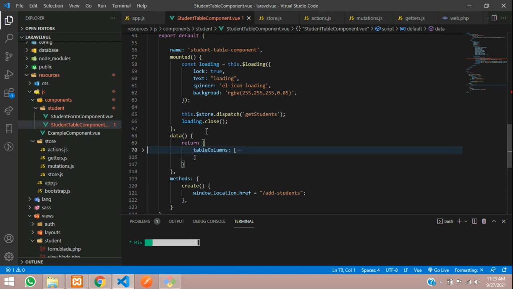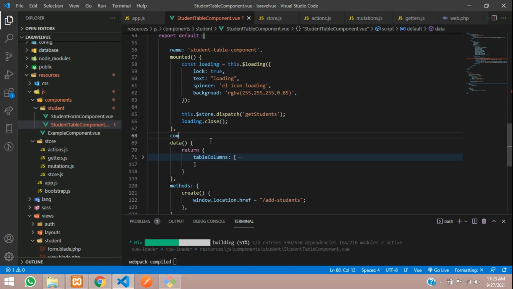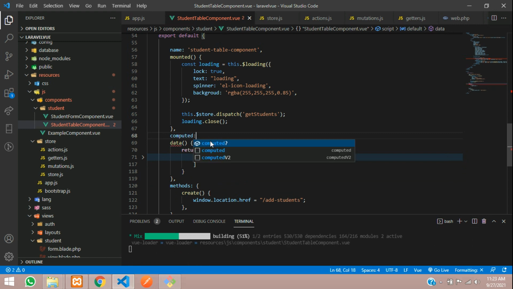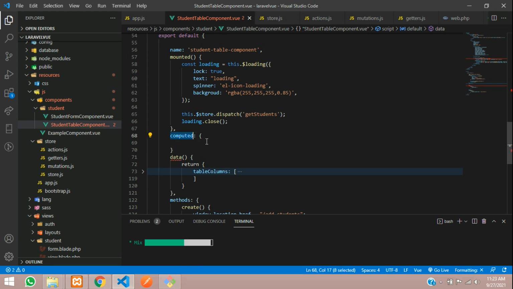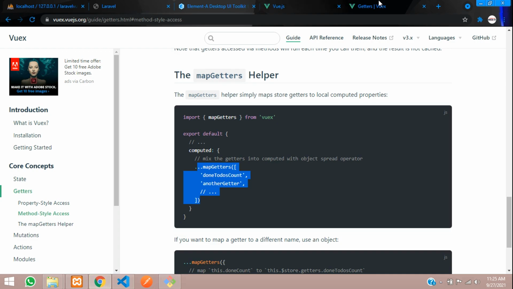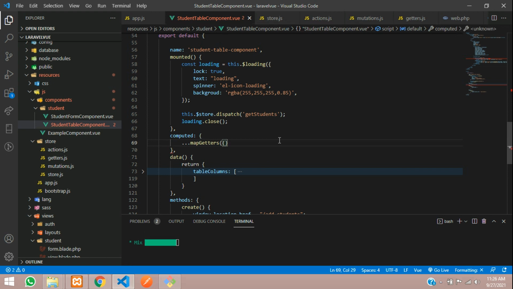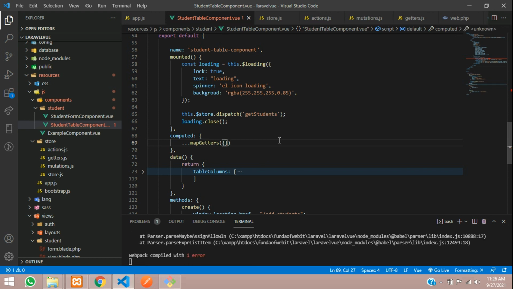Now here we have to create one component, that is computed colon, open and close. It's not computer, guys, it's computed, and just give a comma, where you're going to use the mapGetters. So you can just go to your Vuex website. You can find getters, and here is the mapGetters helper. You can copy this function name. So let's copy that and paste, then open and close curly braces, close the bracket, and now inside this, guys,